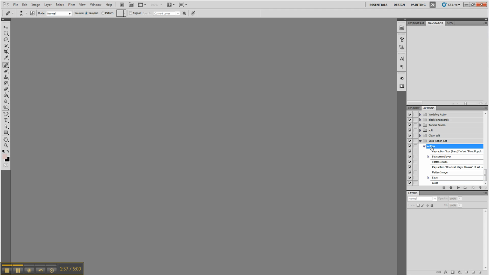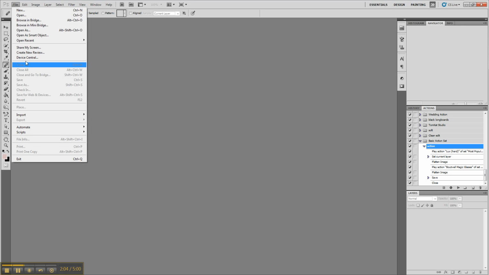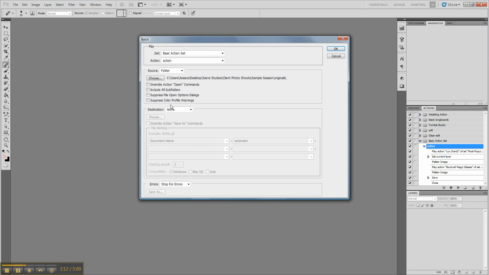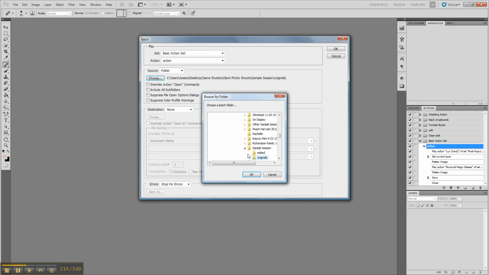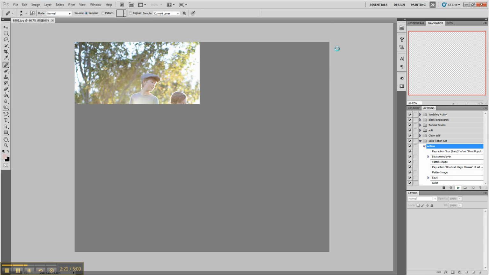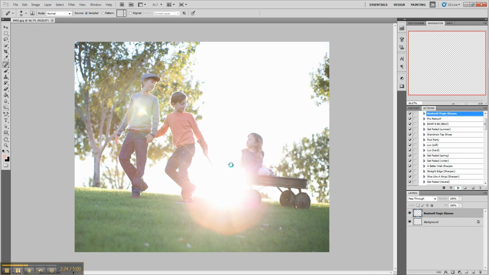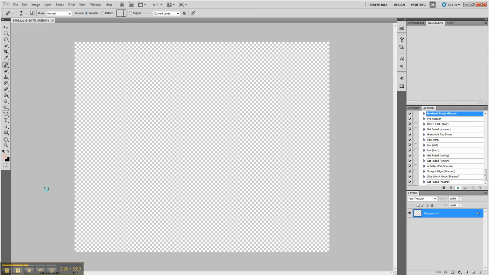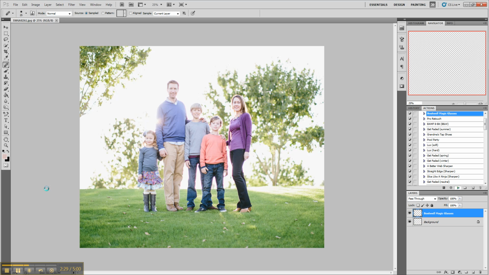So we're going to take it back to the top again of that batch action that we created, and we're going to apply it to that whole folder of originals. So you go to File, Automate, Batch, and here where it says choose, you choose the folder that you want to take from. So we're in the sample session folder, and we want to take from the originals folder. So you hit OK, and it just goes through and on its own quickly goes through those actions that you programmed it,